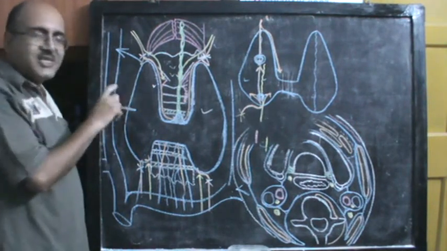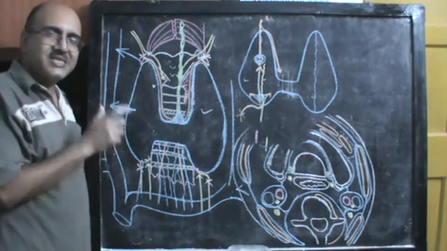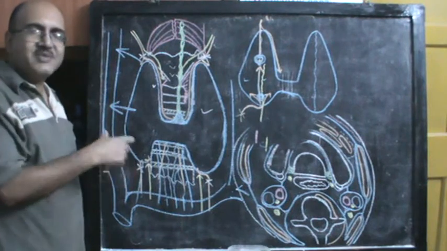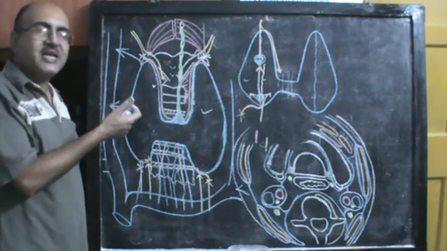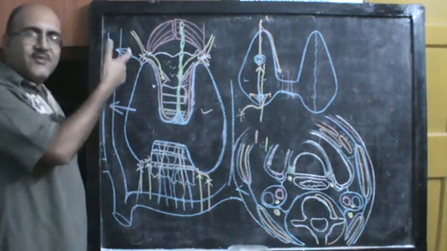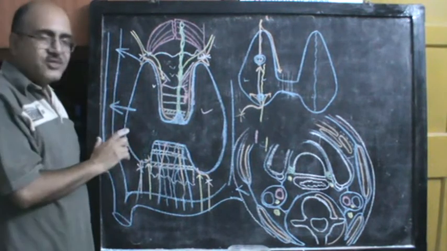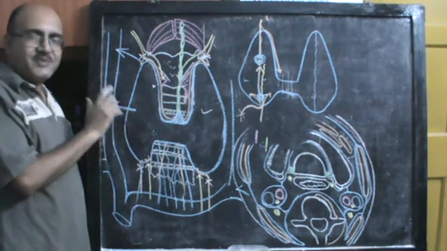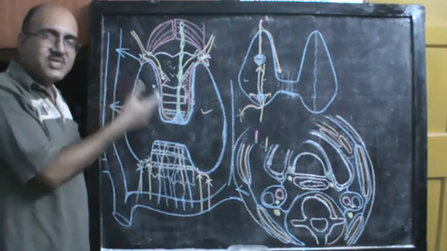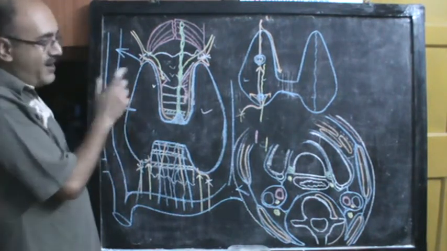So you have direct branches to the thyroid from the cervical ganglia and the cervical part of the sympathetic trunk. Apart from that, you have a sympathetic nerve net over the external carotid artery, part of which spills over to the superior thyroid artery. So from that source also you can have a sympathetic supply to the thyroid gland. Although the thyroid gland is supplied by sympathetic nerves, we don't know how these sympathetic nerves enhance the function of the thyroid gland.